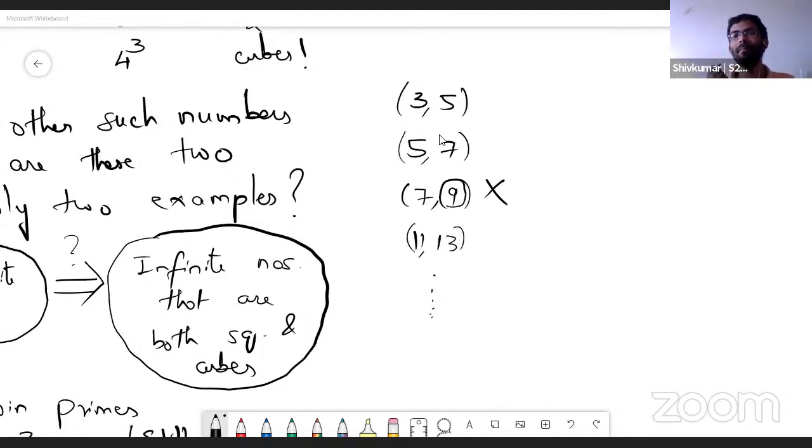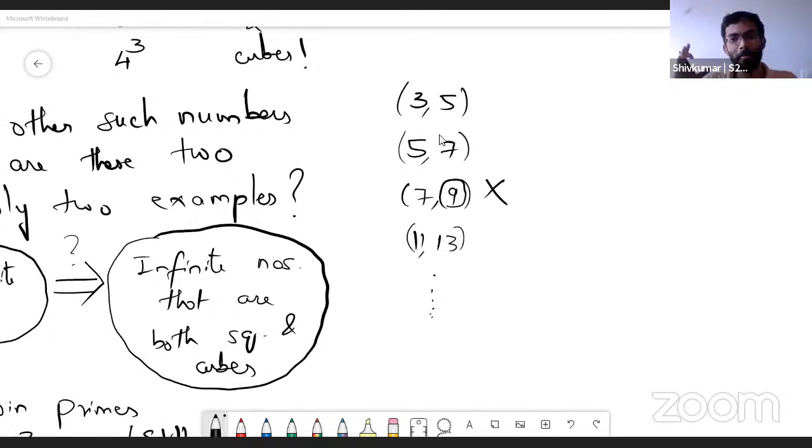Given a pair, how do you find if they're co-prime or not? It's a question of what the meaning of co-prime is. If they have common factors, they're not co-prime. If they don't have any common factors, they're co-prime. One way is by just looking at all the factors of the first number and all the factors of the second number and seeing if there are any common factors. This is the basic definition. But what is the efficient way of doing it is a different discussion altogether.